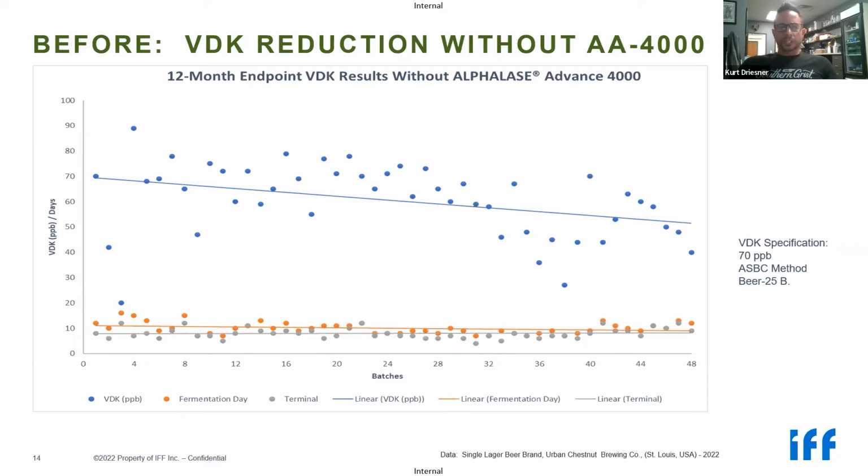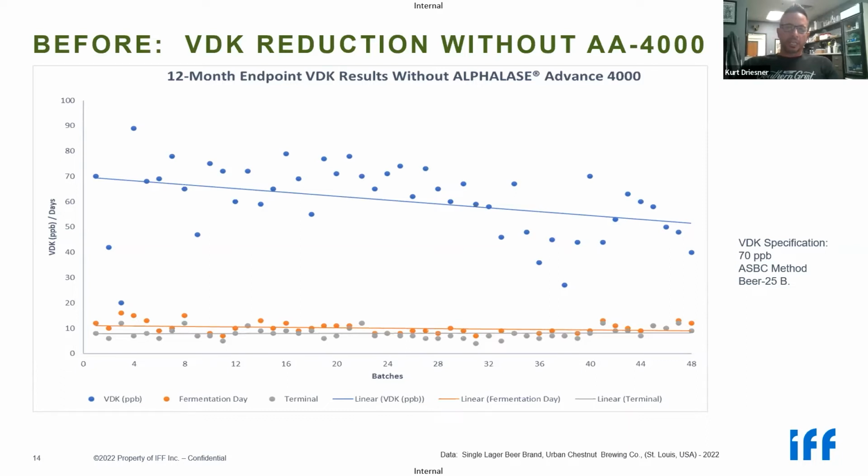When he mentioned earlier that some of the breweries he's talked to were sitting for 10 or 12 days of diacetyl rest, we weren't quite that long, because we were already employing some fairly advanced techniques to minimize that time in the tank. We were more around the 5 to 7 day range rather than the 10 to 12 day. So to explain this chart a little bit, the blue dots are the actual level of tested